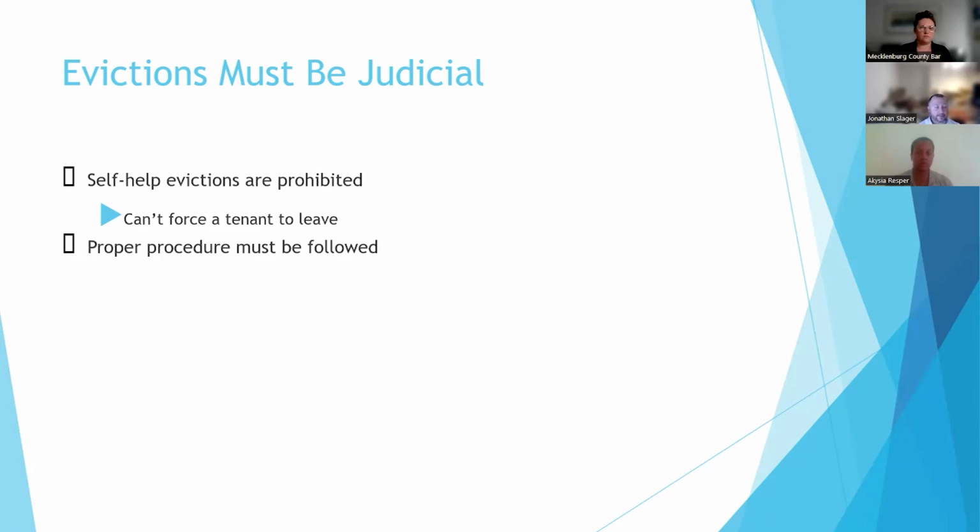So typically, if that occurs, a tenant could go and get a temporary restraining order. And that stops the landlord from doing whatever it is they're doing, or makes them do what they're not doing. And if the landlord continues to not follow the instructions of the court, it can lead to things like being put in jail for being held in contempt by the judge. So it's really important to do this the right way. Go through the judicial process. Like I said, there are things that are required by law, and going through the court process ensures that everyone is following the right rules, everyone knows what's going on, and things are done the right way.